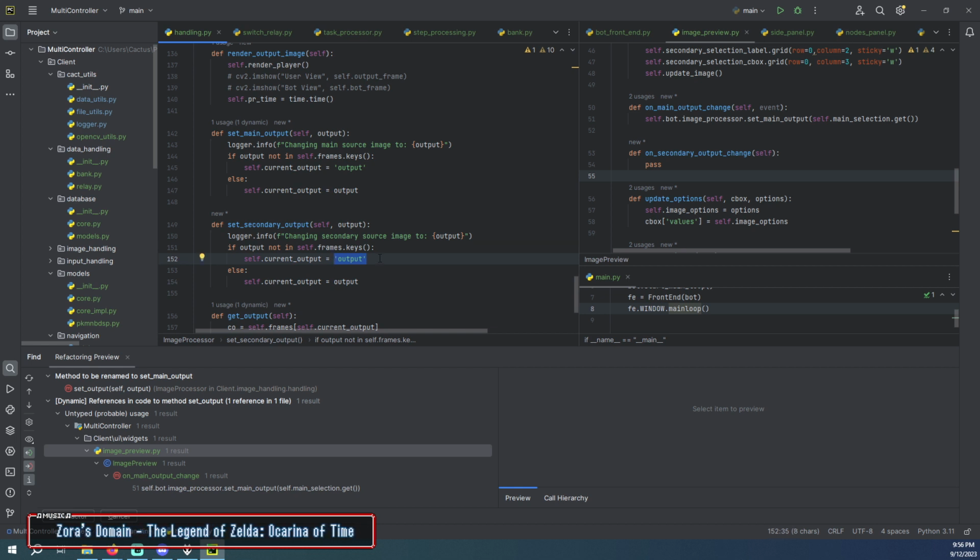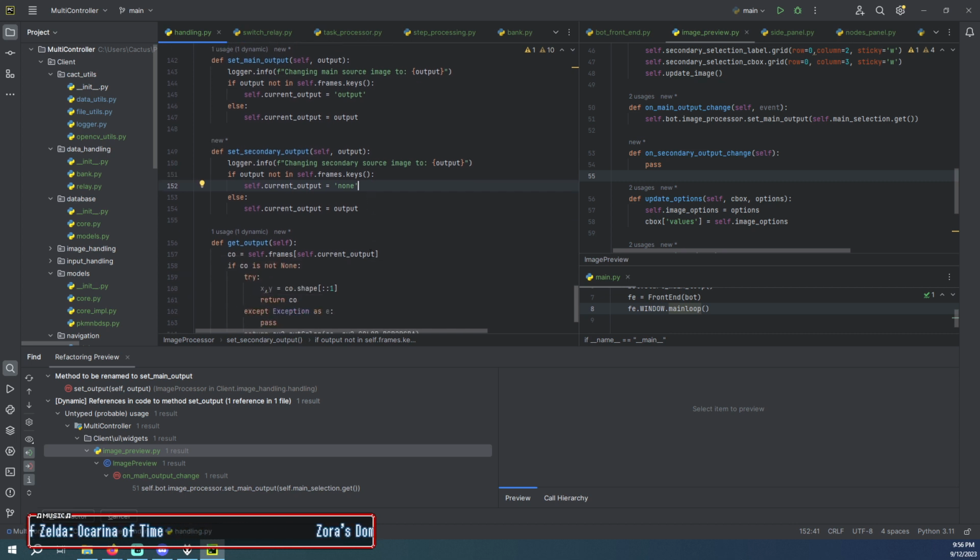In this case, it needs to be able to be set to none. And then when I get the output,